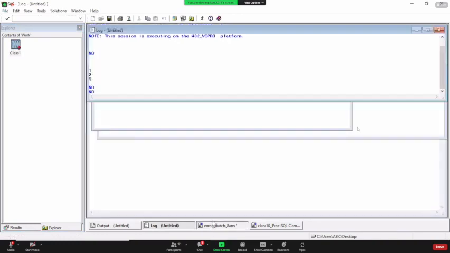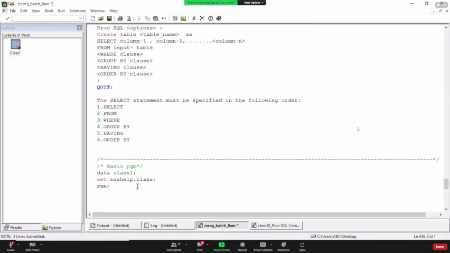Same thing, how can I create it using proc SQL? Okay. See the syntax: proc SQL, create table. Create table is nothing but a data set. Table name I have to give. Here in the data step, you are giving the data set name, right? Similar way, here you have to write. For example, my data set name is class one underscore SQL, as